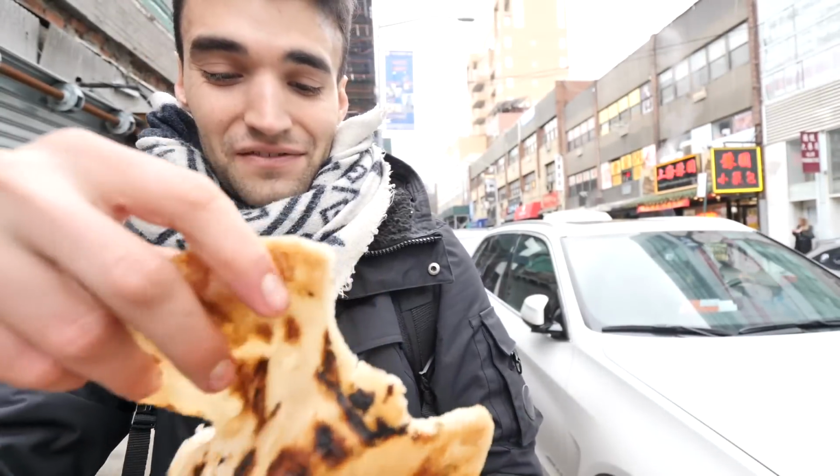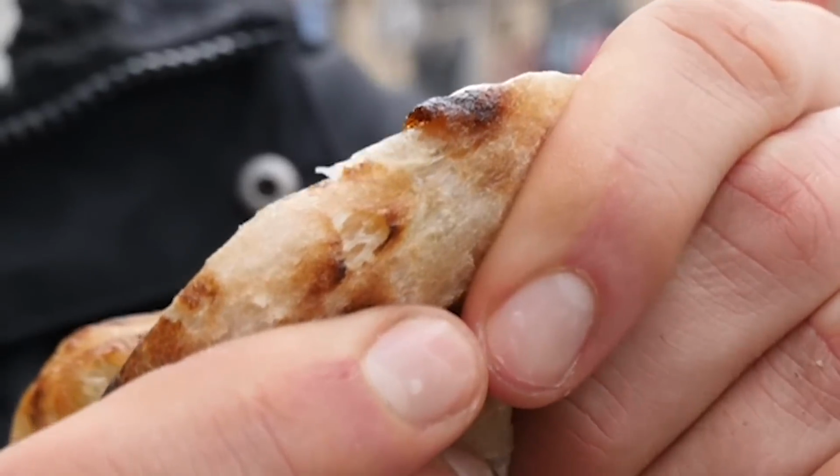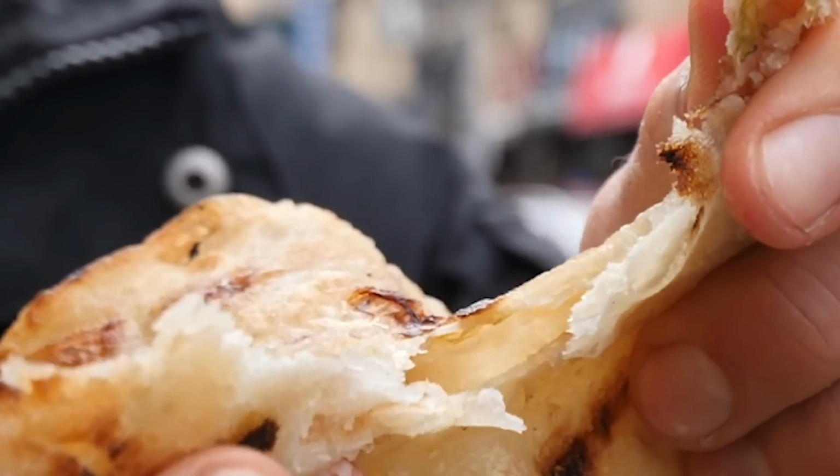All right, next up, this monstrosity of a Scallion Pancake. Okay. The consistency on it is everything in a Scallion Pancake. If you just take a look at the dough there, you can tell that it's quite fresh, making for a perfectly doughy flavor. However, there's one thing that kind of turned me off from it, and I'm not sure if